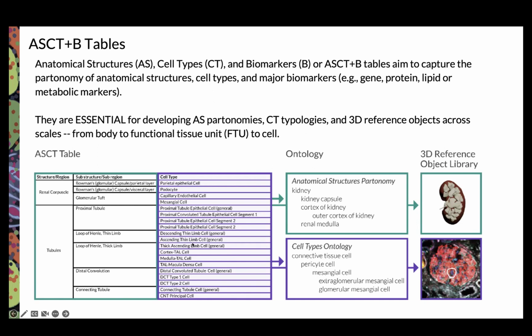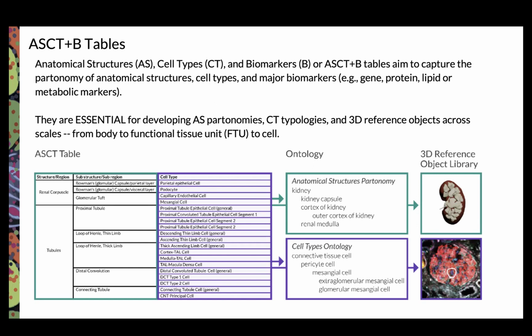For each cell, you have not just the cell name, but you also have the crosswalk over to the cell ontology, just like you crosswalk the anatomical structures over to Uberon or FMA. And then you have a bimodal network from the cell types over to the biomarkers. And the biomarkers might be genes or proteins or lipids or metabolites. We also have proteoforms. And with that architecture, you can now start to keep track of what biomarkers are commonly used to characterize certain cell types, which cell types are typically located in what anatomical structures